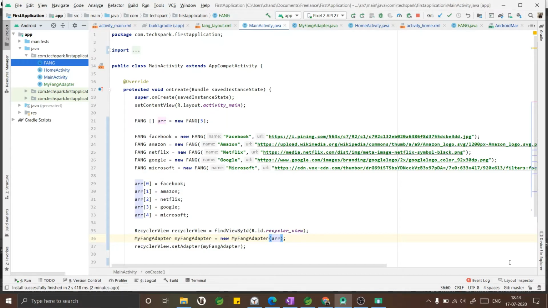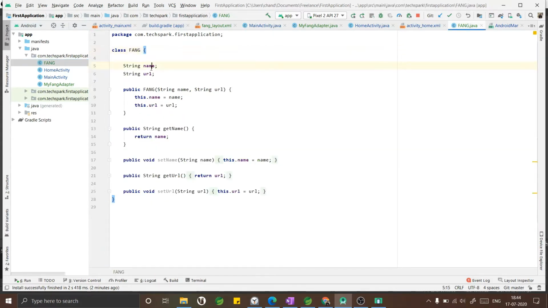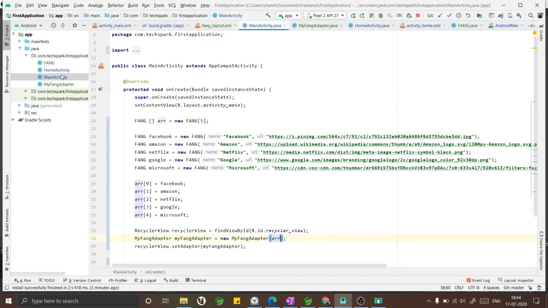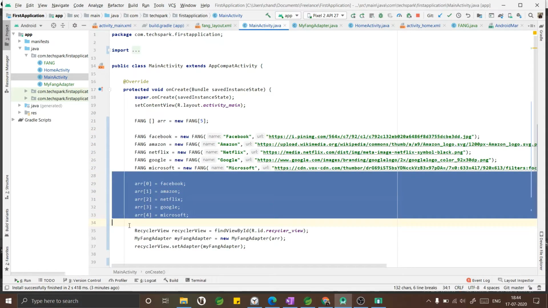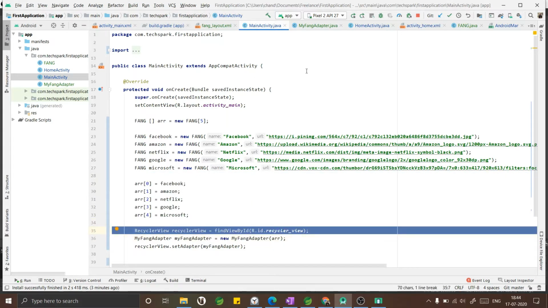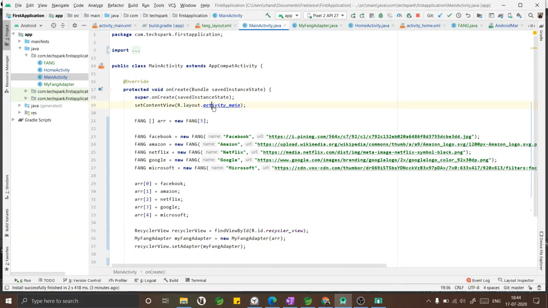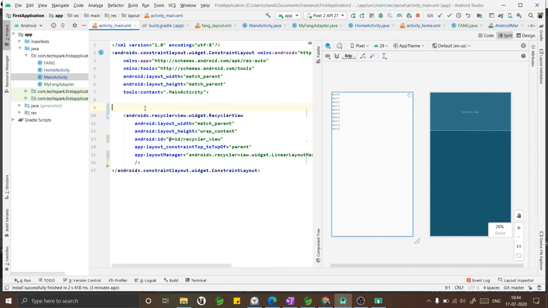If you have watched my previous tutorial, go to the next section. Otherwise, I will give you a quick recap of what I did in the previous tutorial. Initially, I created a Fang class. In my class, I have a name and the URL of the image. After creating the Fang class, I created a dataset to add to my RecyclerView. I created 5 Fang objects and added them to my dataset, and I created a RecyclerView in